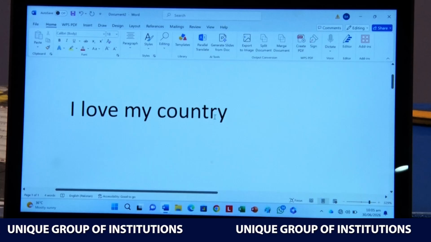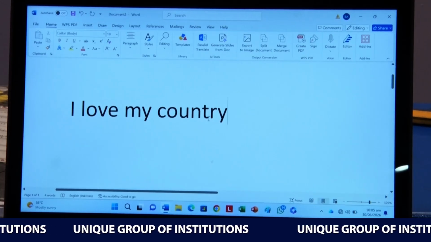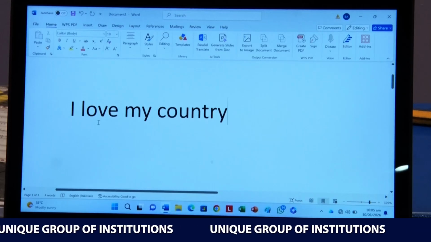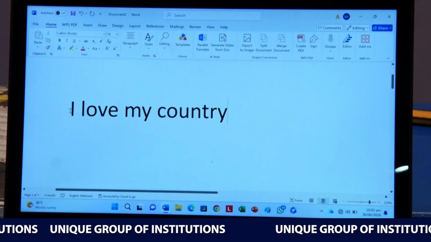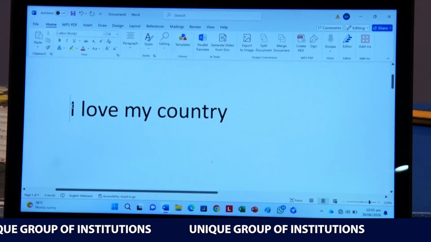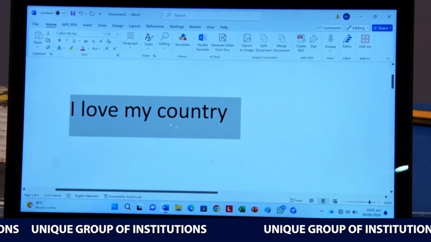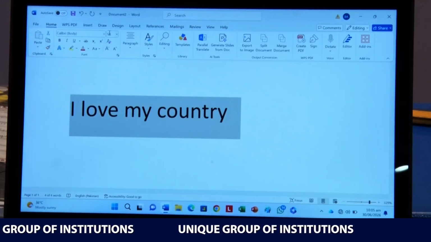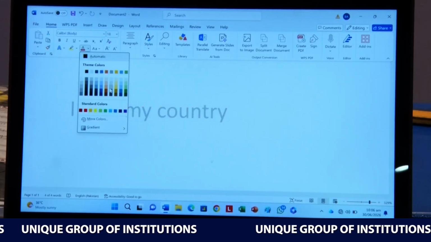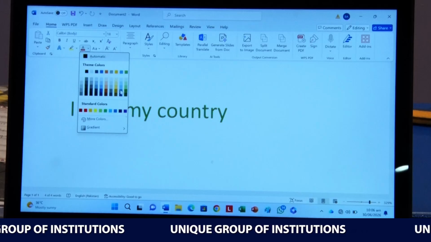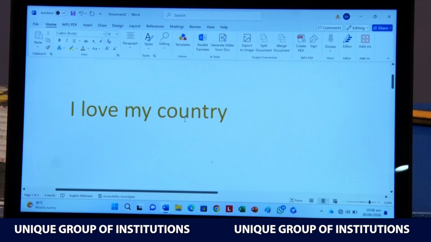Okay, now on page 23, open it and you learn how to change text color. To change the text color, you have to select the text. Again, press the left button of the mouse and drag it over the text, and next to the size of font there are so many colors. You can select any one of your choice, and the color of your text has been changed now.